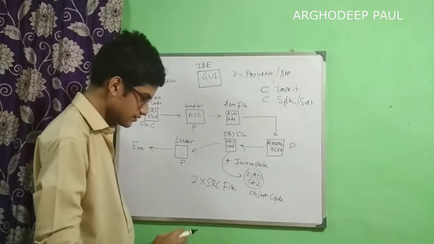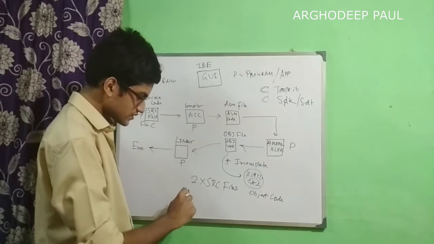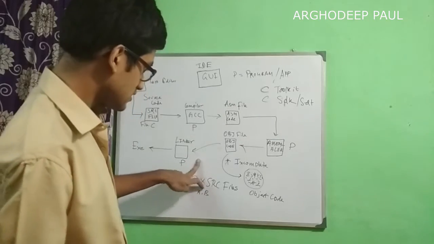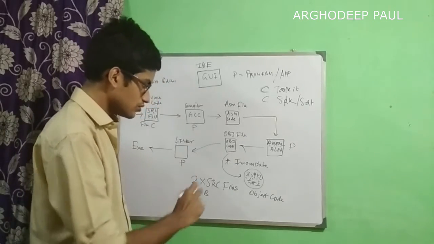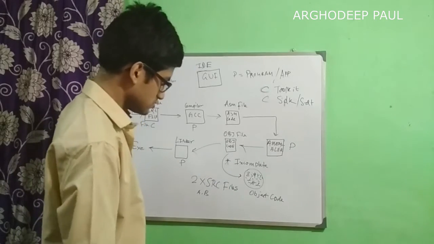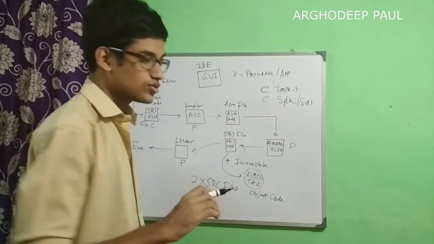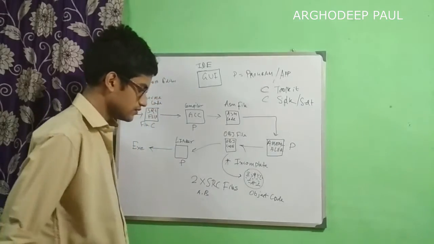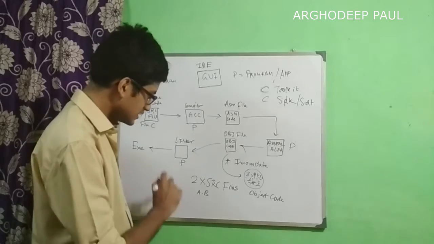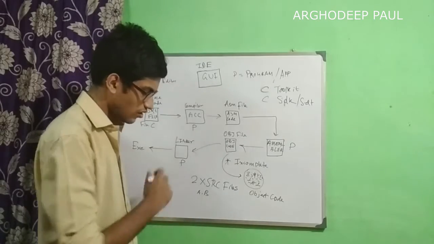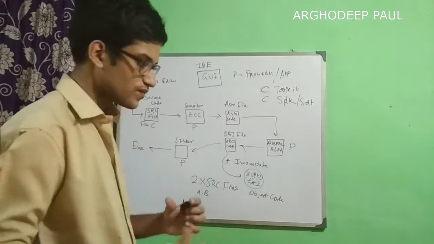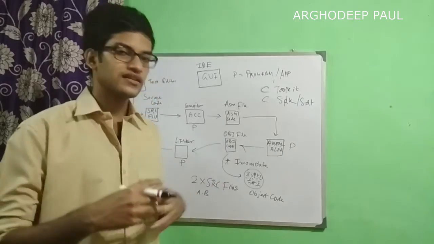If we have two source files, then let's say A and B. So now it's the responsibility of the linker. If we are talking about two source files, we will also have two object codes. So we have two object codes, two object files for two source files. Against two source files, we will be having two object files. So now the linker, we can load two of these object files. We can feed A and B to the linker, and finally the linker will link them.